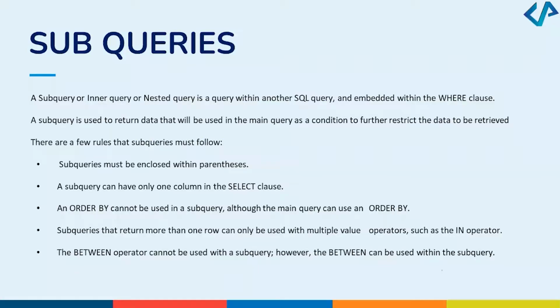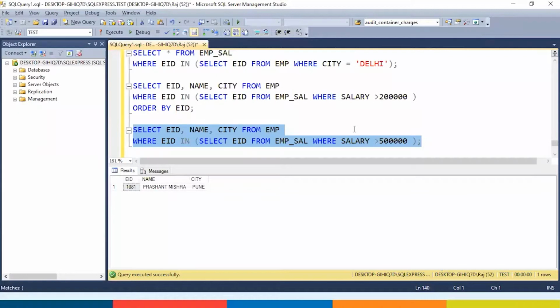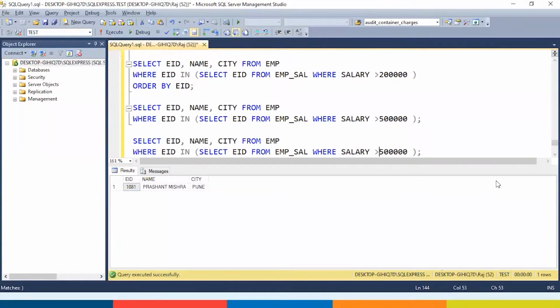Now, the next rule says the between operator cannot be used with a subquery. However, it could be used within a subquery. So within the subquery, you can use the between operator, but not with the outer query. Let us take this query once again. Where salary between, let's take 200,000 and 500,000.